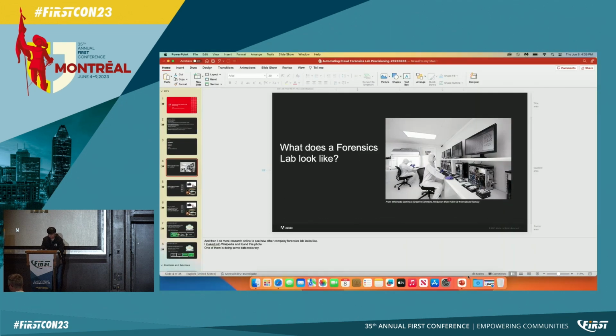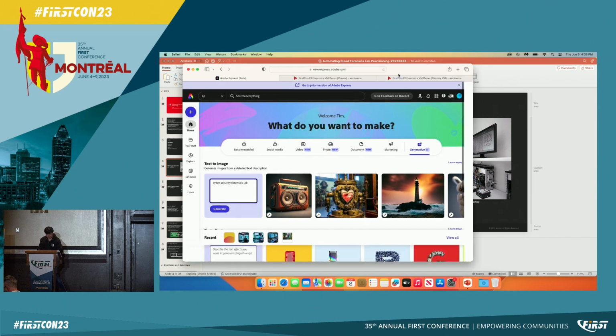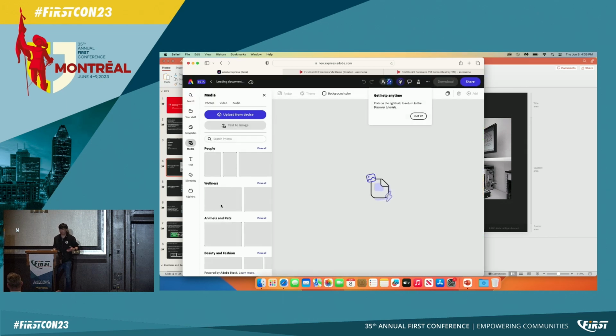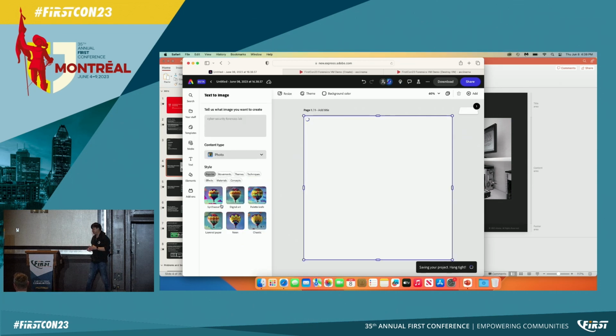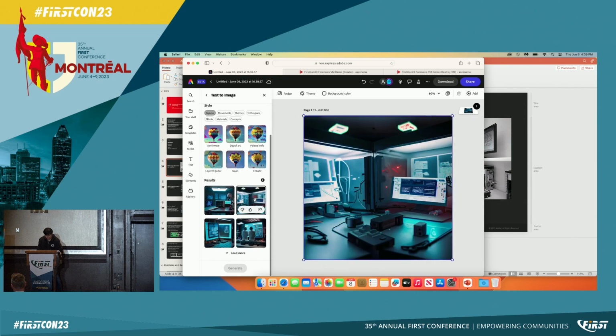Today, Adobe announced that they added generative AI to Adobe Express. So I want to take this opportunity to use Adobe Express to do text to image, and see how AI thinks a forensics lab looks. It should be very fast. So it looks fancy, and the AI thinks the lab should be like this, something like a scientific movie or a Hollywood movie. It looks very fancy, but in reality,